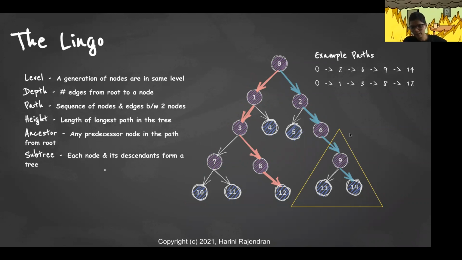Here I have highlighted another subtree with 9 as the root, and it just has 2 children. So any node in the tree data structure can be called a subtree, because that itself can be considered a tree with a root and its own set of descendants. That's why a tree is an example of a recursive data structure. Each and every node is nothing but a subtree which satisfies all the constraints of a tree. That's why they are called subtrees.